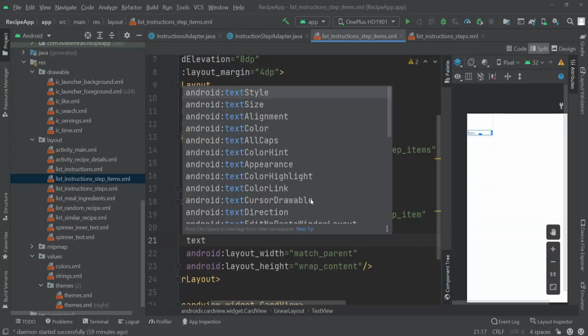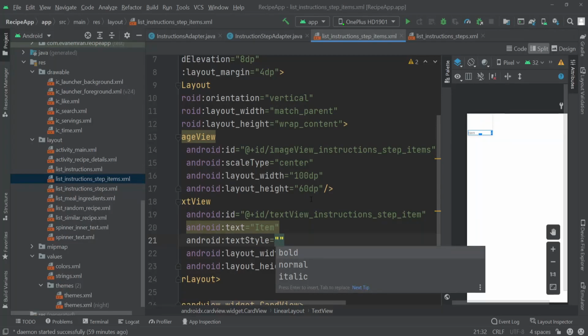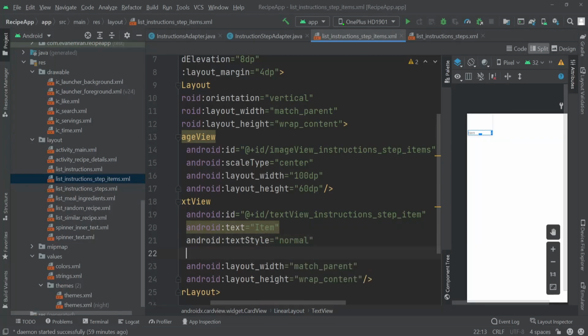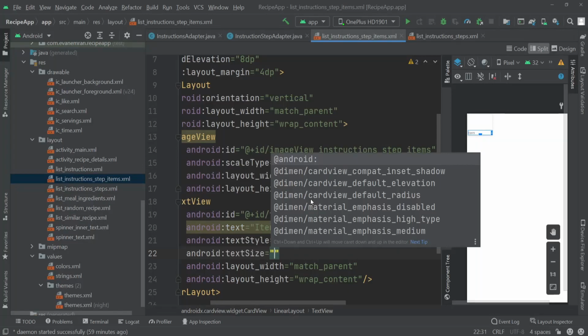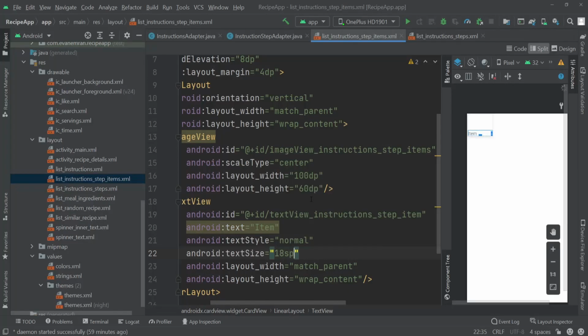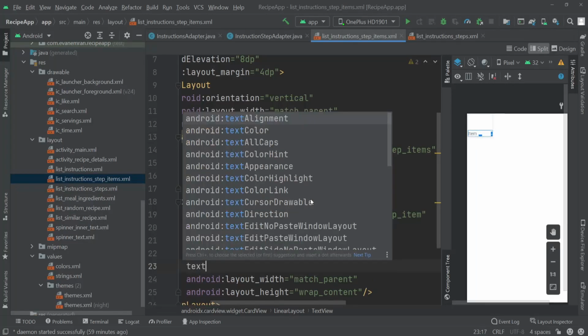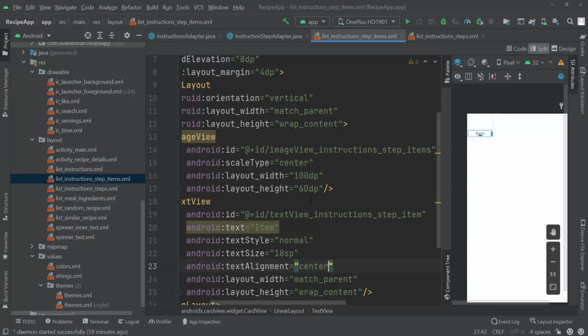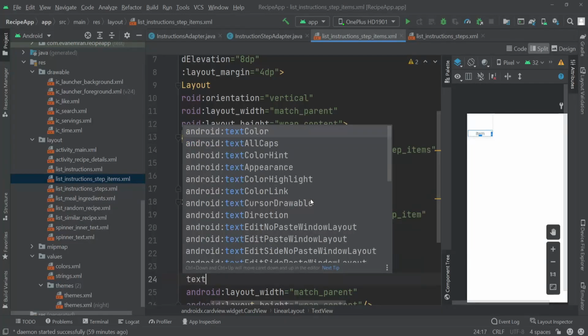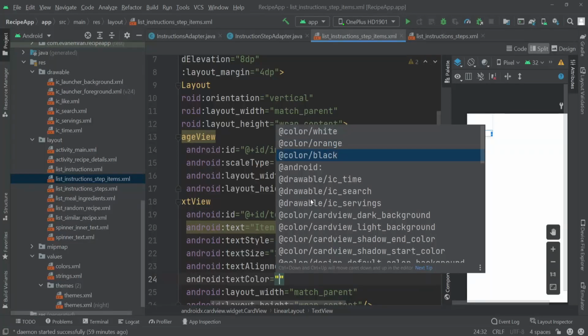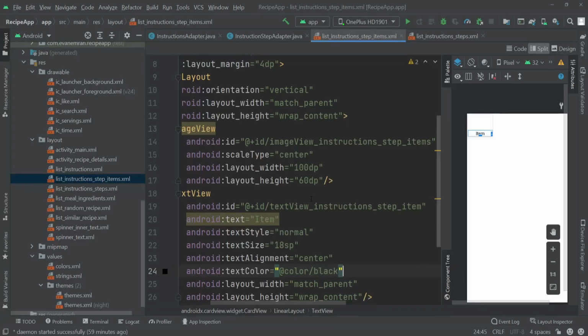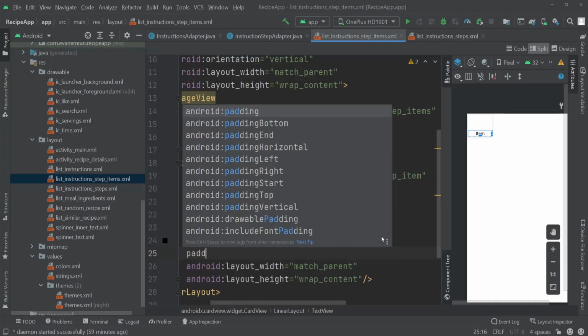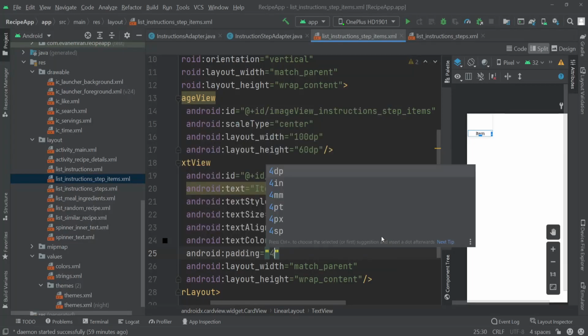Let's keep the text style normal, and for the text size I'll change it to 18 sp, and then for the text alignment I'll change it to center. Let's also change the text color to color black here. Okay, let's give this a padding of, let's say, 4 dp here,